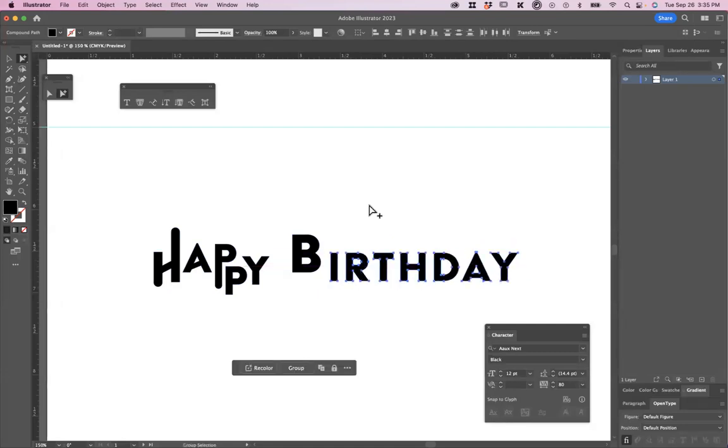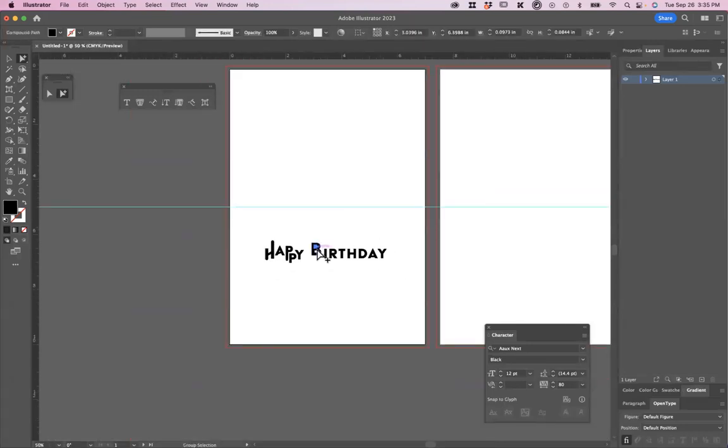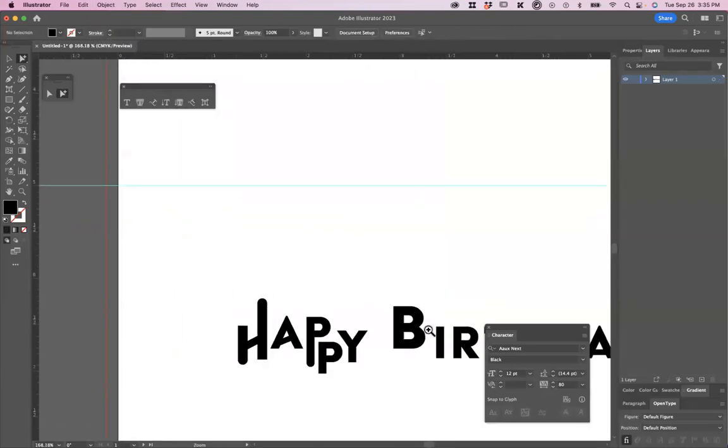Now, if I wanted to take letter forms and make them three-dimensional, we could also do that. So let's take the letter B, for instance. I'm going to ungroup all this by doing Shift Command G or Shift Control G if you work on a PC. If you forget the keyboard shortcut, it's under Object. So there's Group and Ungroup. Shift Command G was the keyboard shortcut I just did. So if I take this letter B, for instance,